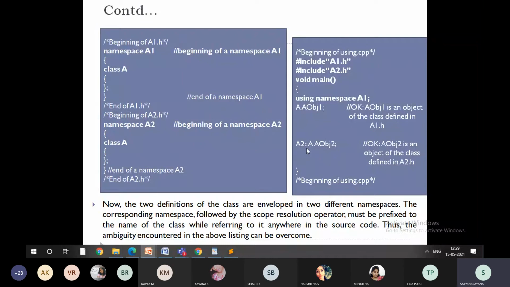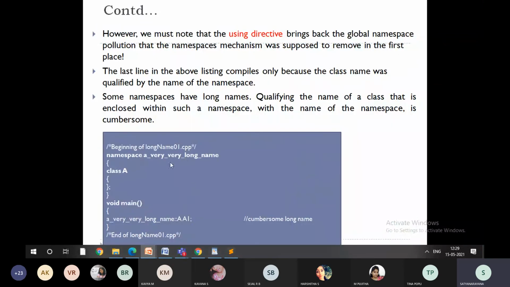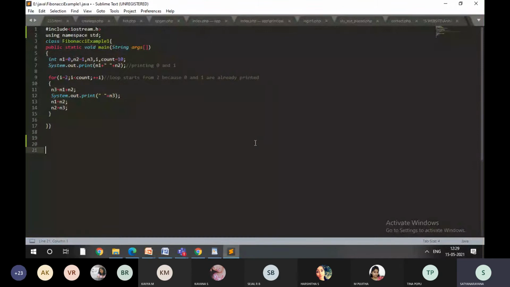Now, how will the namespaces be created? The namespace name will always be very long in nature. It will be a very big name. So for this we are going to create an alias. What is meant by alias? For example, if I am using the namespace name standard input output, the alias will be std.